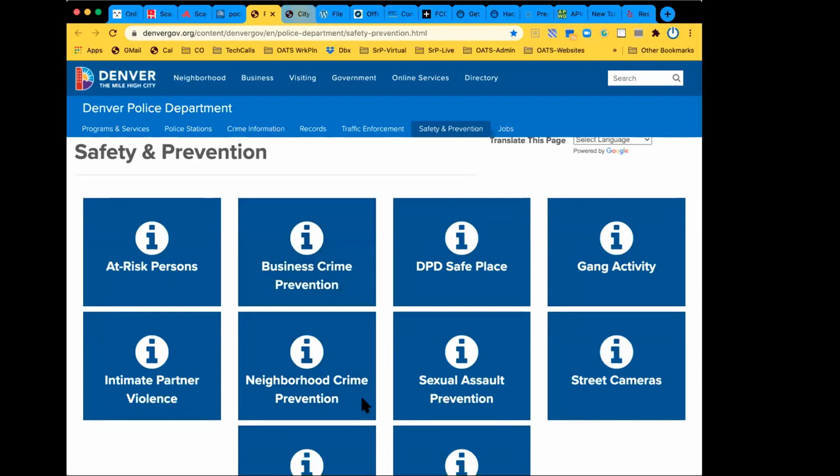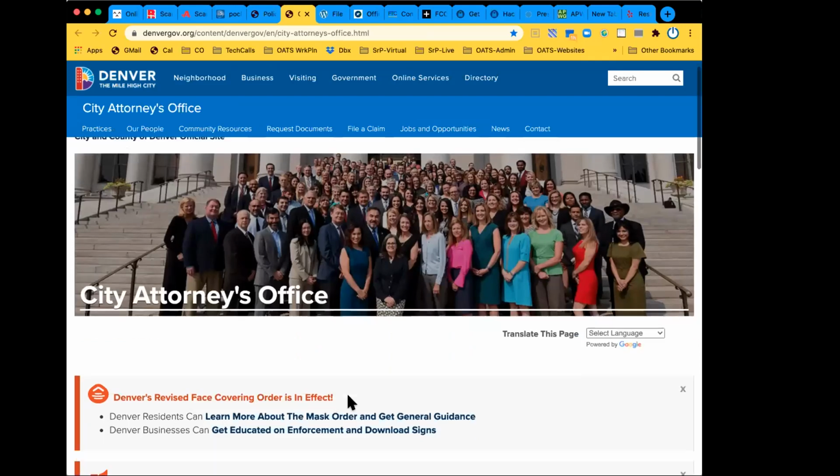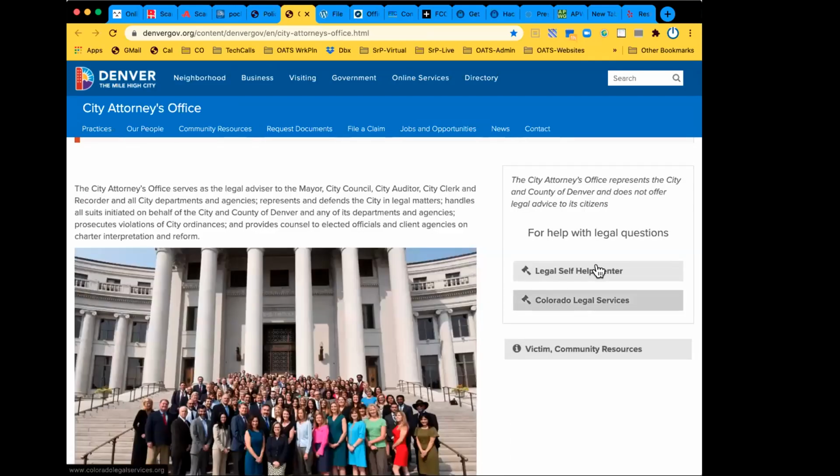The city attorney's office, again, this is another resource in your municipality that you should be able to access, and they usually will have a complaint process as well as information for legal self-help. And so when I was trying to get matters dealt with my car, I actually came to the Legal Self-Help Center,